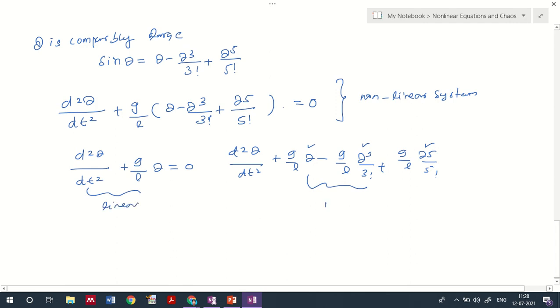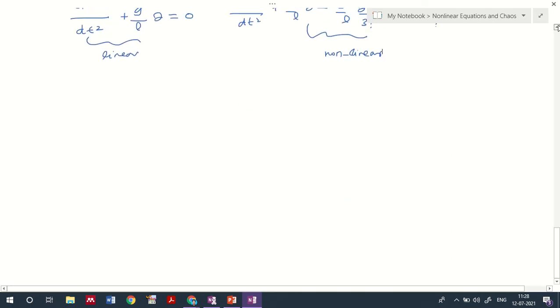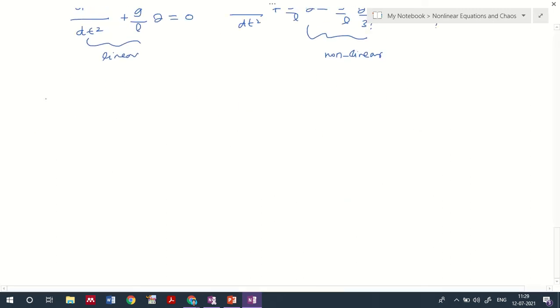So this is a simple case for a simple pendulum, where two cases are considered. One is a linear case, and the other is a non-linear case of discussion. Similarly, when you represent an equation like this,